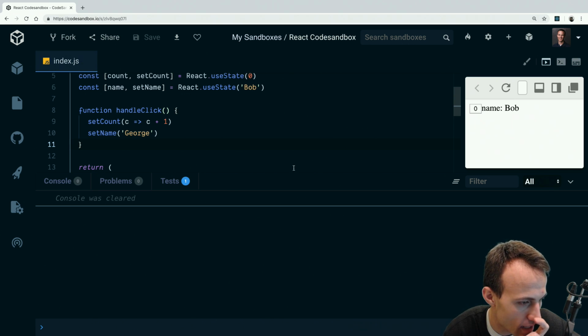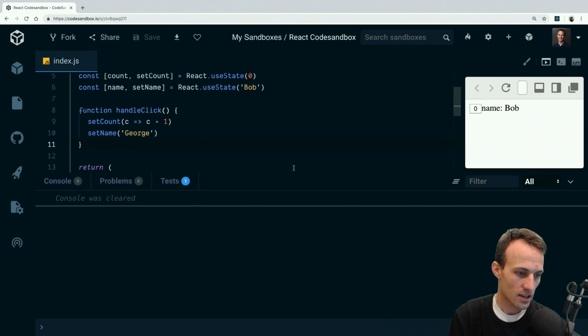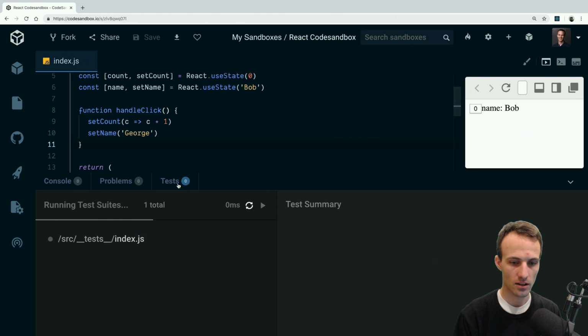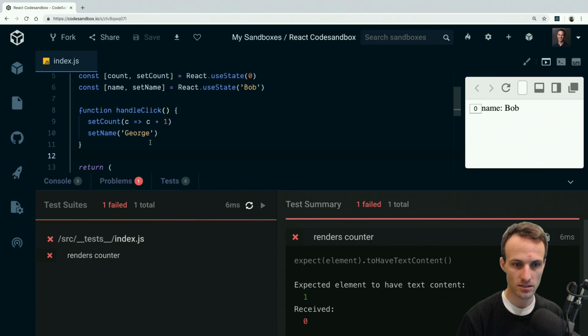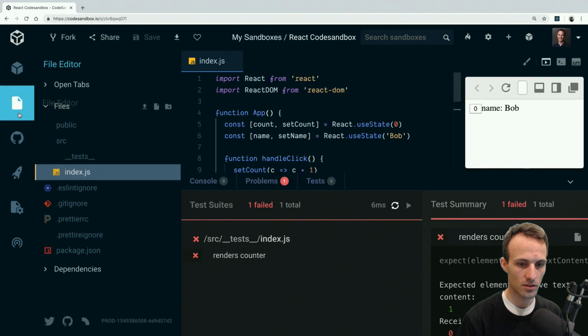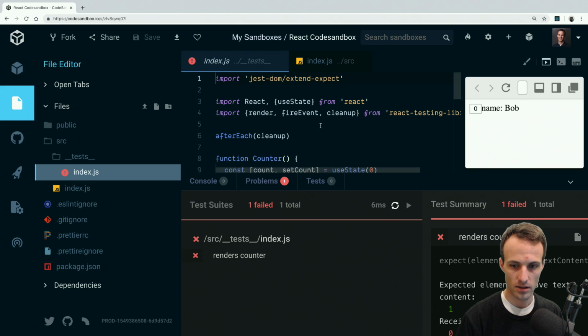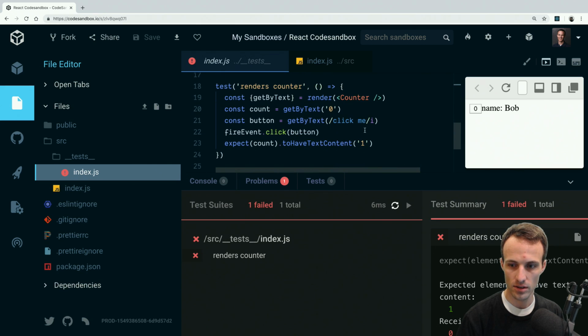Should we test hooks? Isn't that deviating from the React Testing Library suggestion of mostly integration tests? Yeah. So let me show you a couple testing things. If we go here,